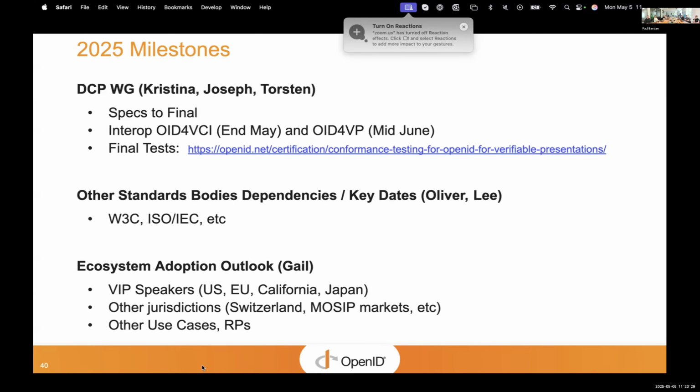As the EU have told us, that's an important milestone for them to be able to reference them in the next version of the implementing act. So they would actually have the force of law in the EU then. But it's not just about the EU. There are dependencies out to the ISO working groups where they're waiting for these specs to be final as well, so they can publish updated specs that reference them.